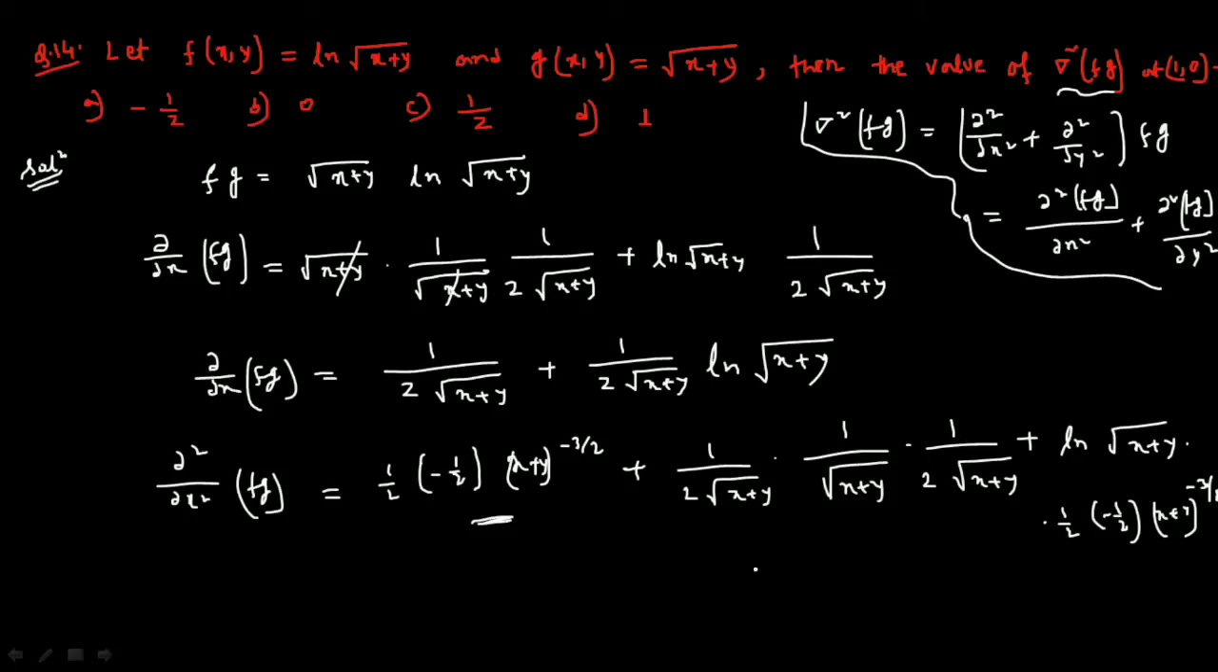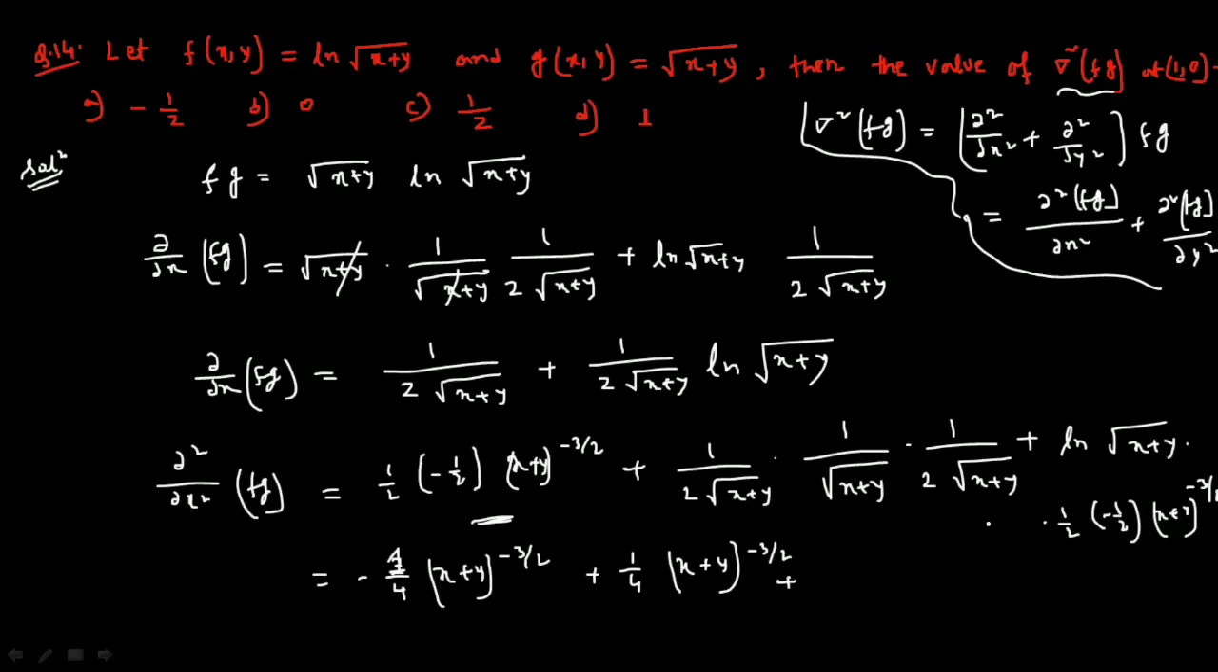Now let me arrange this thing. So it will be minus 3 by 4 (x plus y) to the power minus 3 by 2, and this will also be 1 by 4, actually 1 by 2 into 1 by 2, that is also 1 by 4, not 3 by 4. 1 by 2 into minus 1 by 2, and that will also be plus 1 by 4 into root x plus y, root x plus y, that means (x plus y) to the power minus 3 by 2,